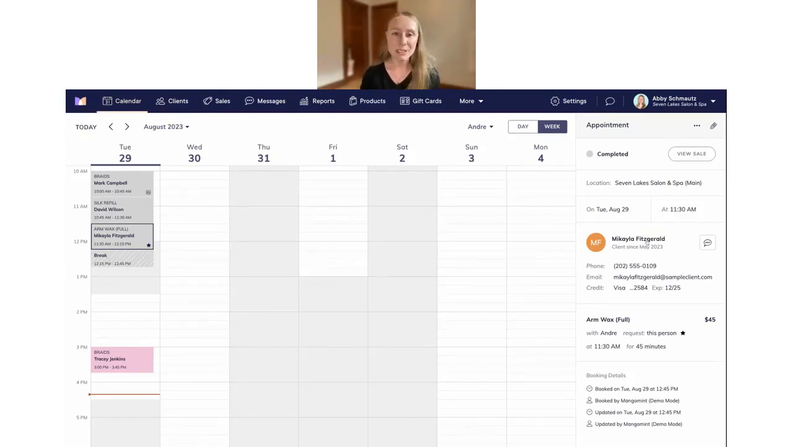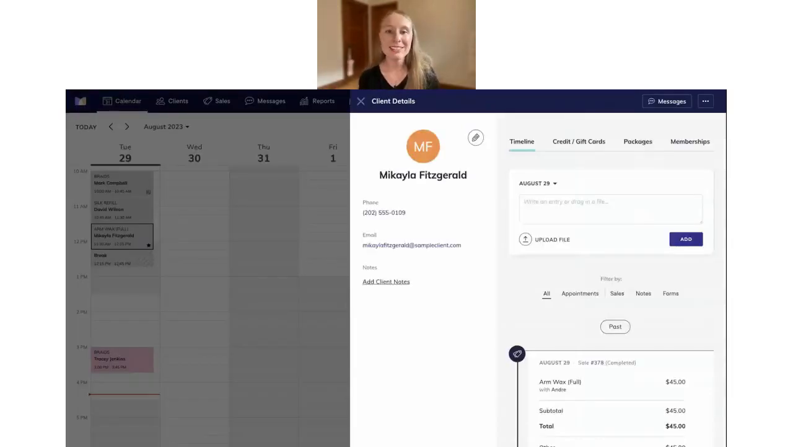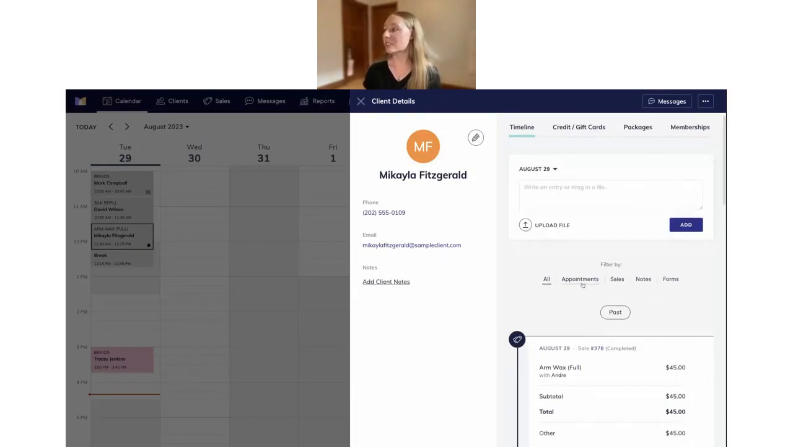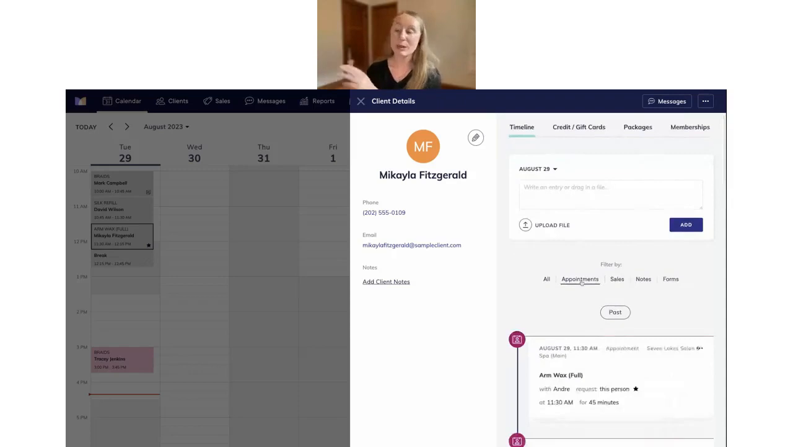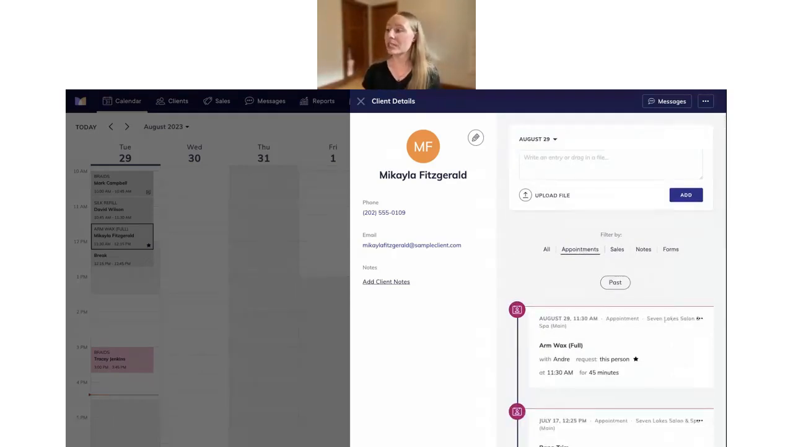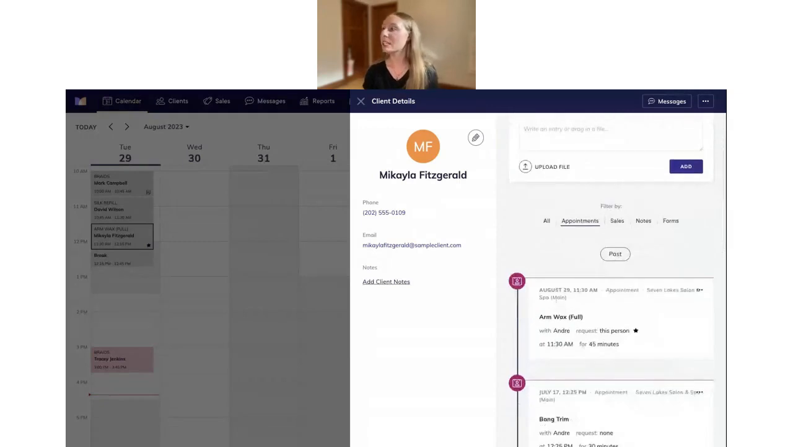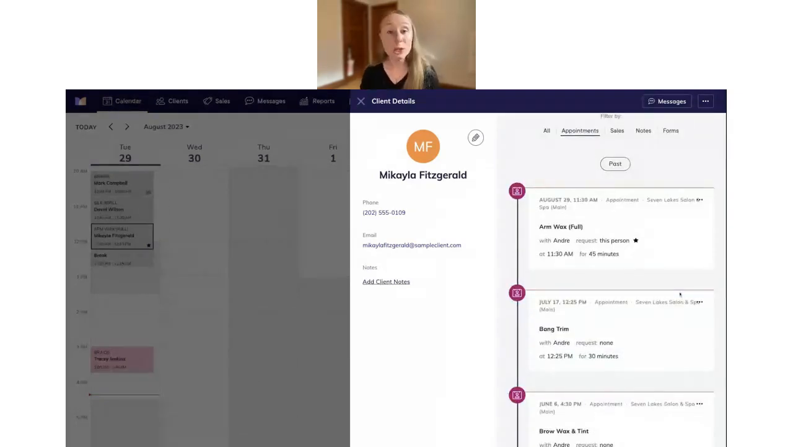So we have Michaela pulled up here. Let's go ahead and click here. We've pulled up Michaela's client details. And you guys will notice right here, if you scroll down, you can look at different items here. We're going to filter by appointments. And now you can see it also shows the location right here on the client timeline. So in this case, you can see Michaela has just been having her appointments at the